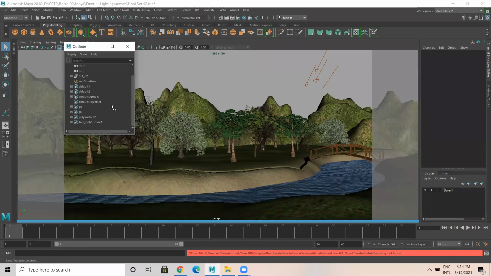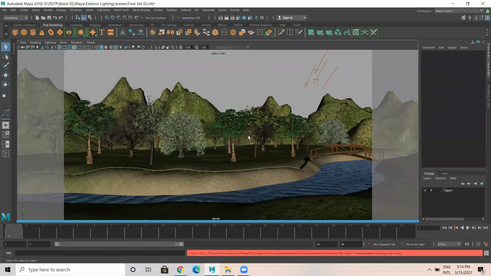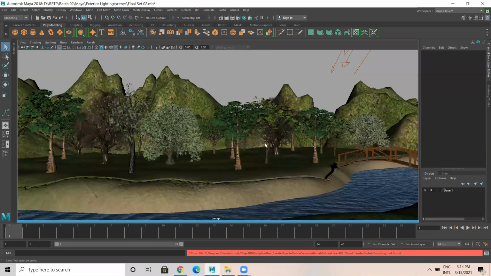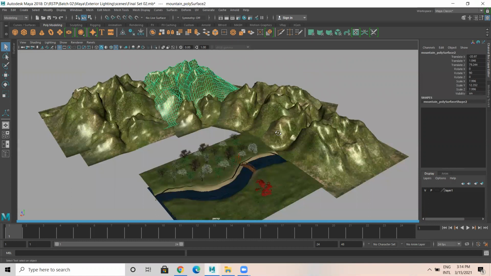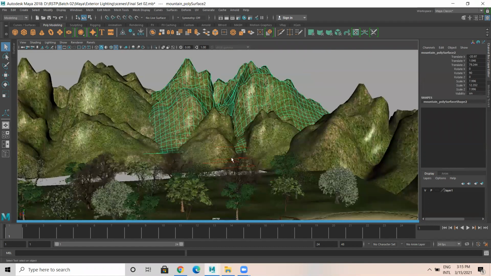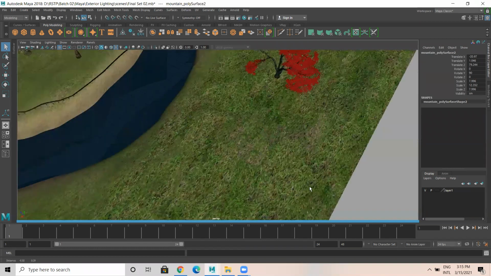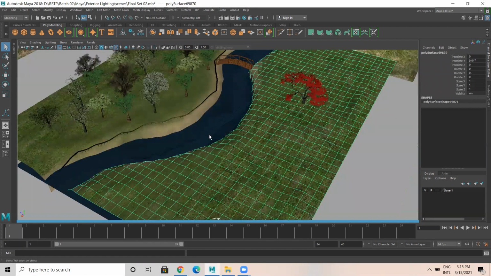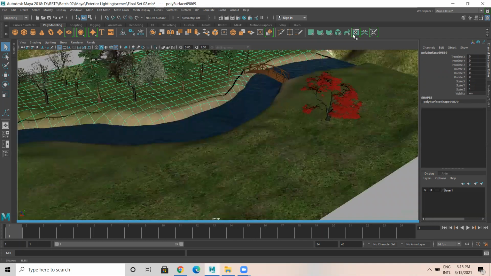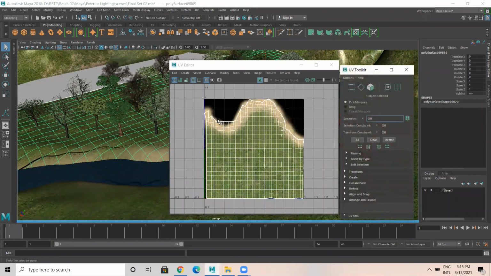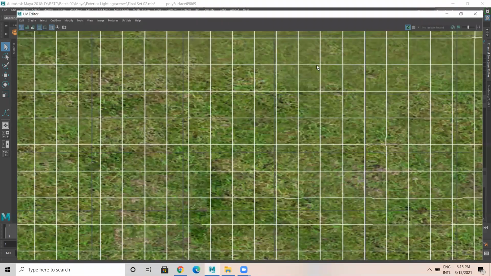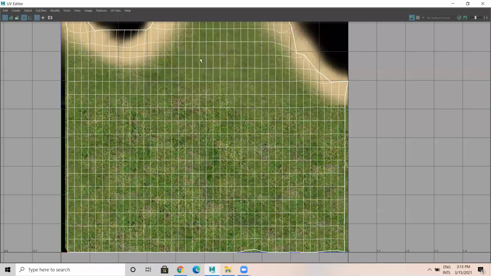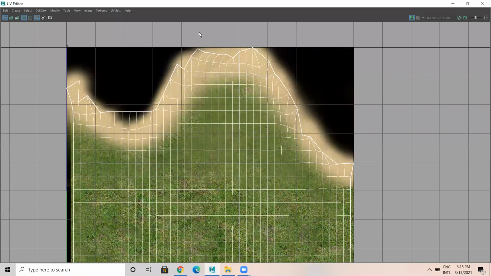Okay, the outliner is here. So this is a texturing part which we have done earlier, which consists of a lot of mountain areas. We have unwrapped this particular surface and done the texturing part. See the unwrapping and texturing, how we have done. I have added grass and all here, and for the edge part, it's mud. This kind of surface has been done.